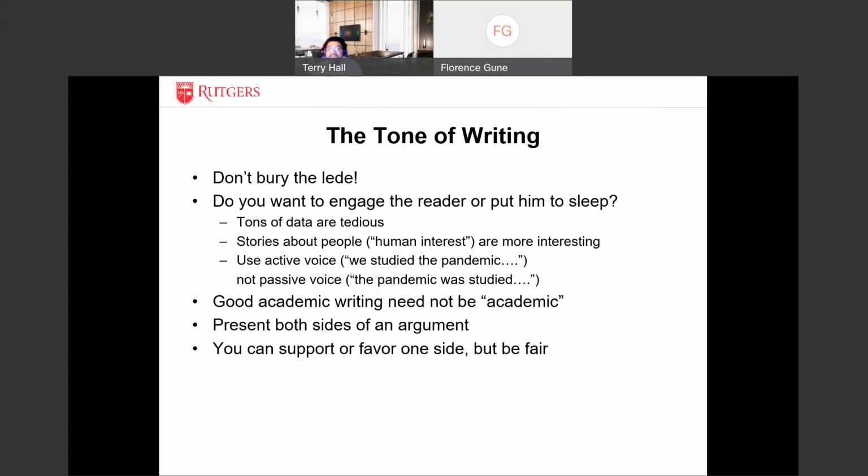If you find that you have written a paragraph that has tons of data, the paragraph is very long and it's difficult to follow, simplify the writing. APA format allows for charts, it allows for graphs, it allows for tables. Also, if the data is very tedious and you still have to put it in a form that is not going to be clear to the reader necessarily, make sure to introduce the data before you present it in the paper, and then also make sure to analyze it after the fact.